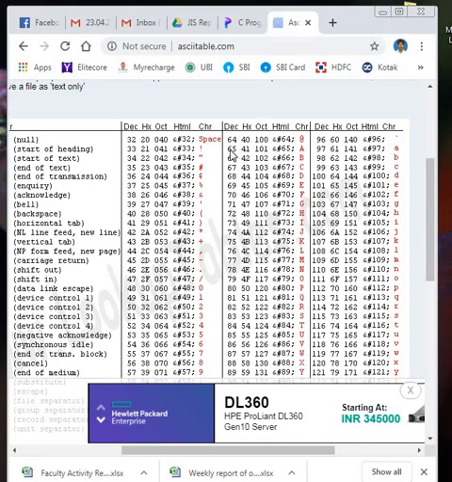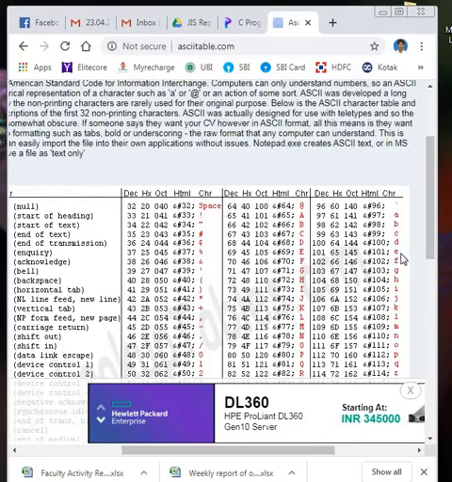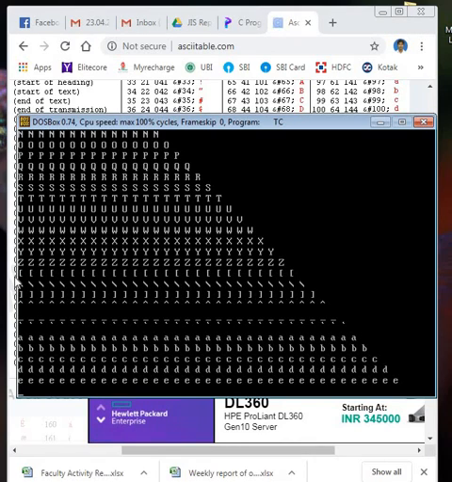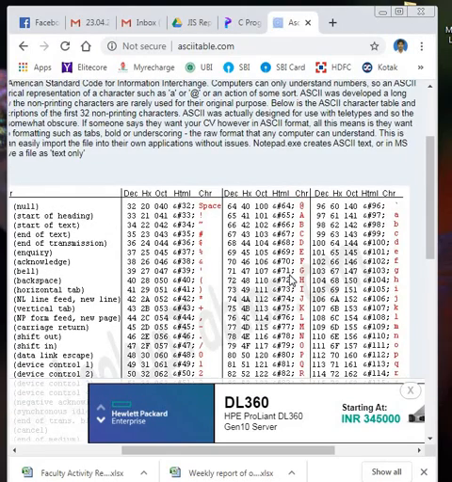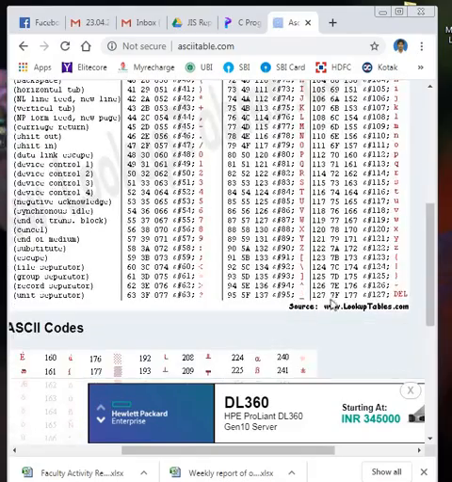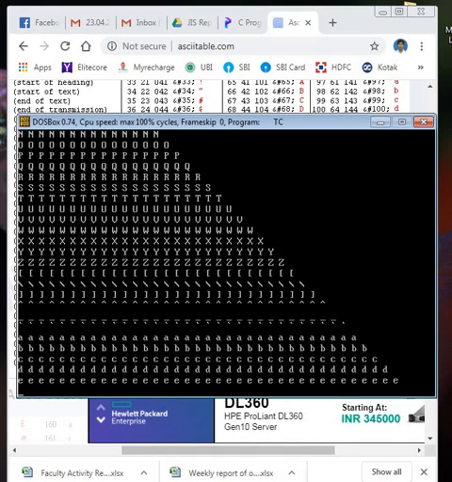See that it is starting from 65, A to Z, then some special characters are there, and after that small characters start. Check the special characters from your output. You can see that after Z, those are the special characters which you can find in your ASCII table. So your program starts from capital A and ends at small e. So this is the output.